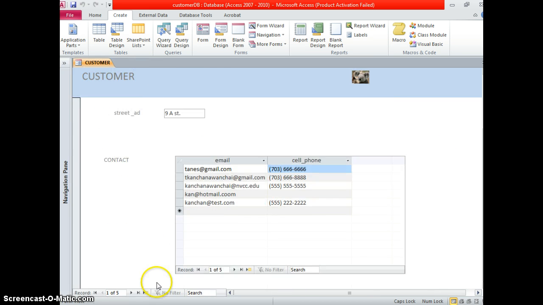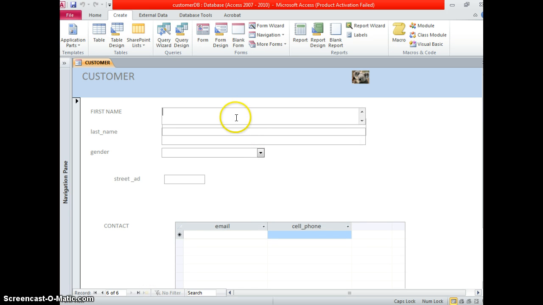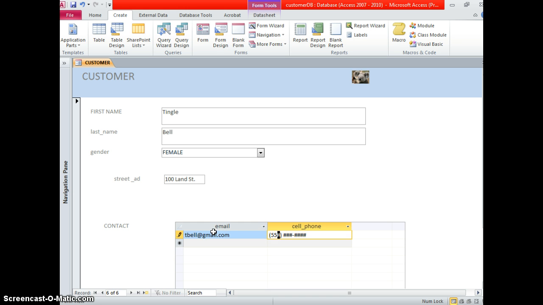customer form. This is where the user is going to work. I add a new customer coming in. My new customer name is Tinkerbell, and gender is female. Street, 100, rent, state, email tbell@gmail.com,